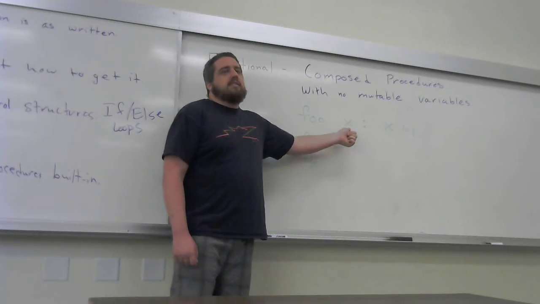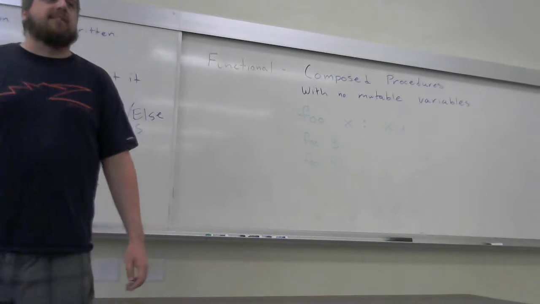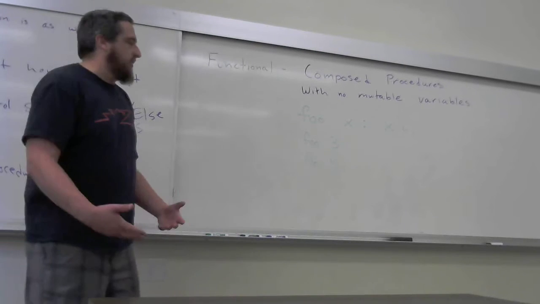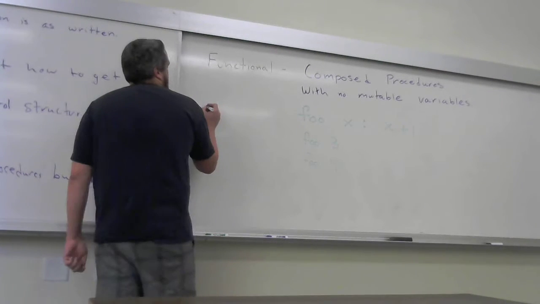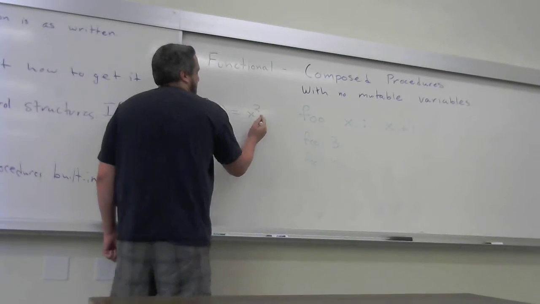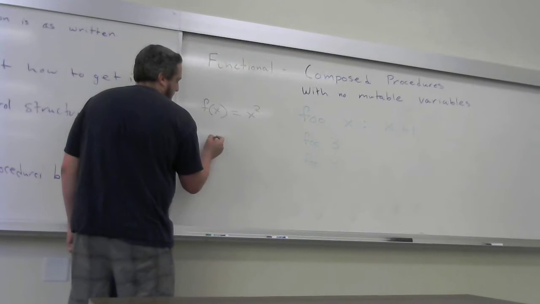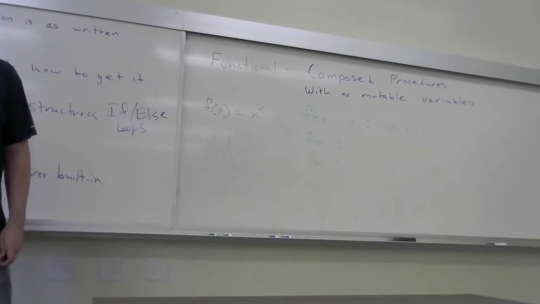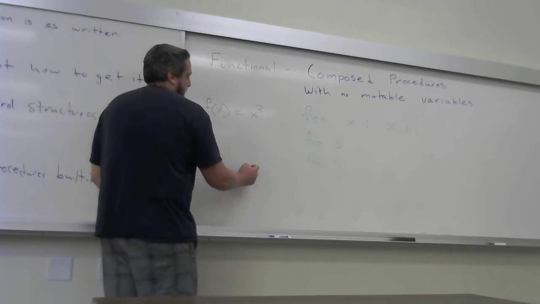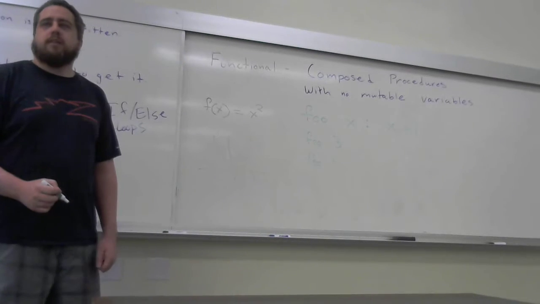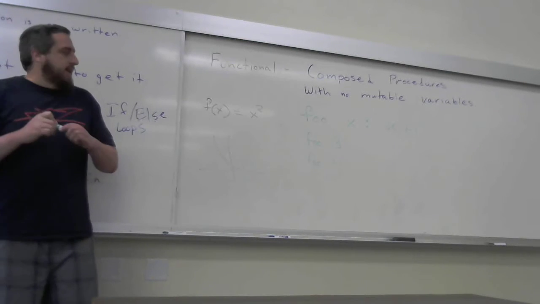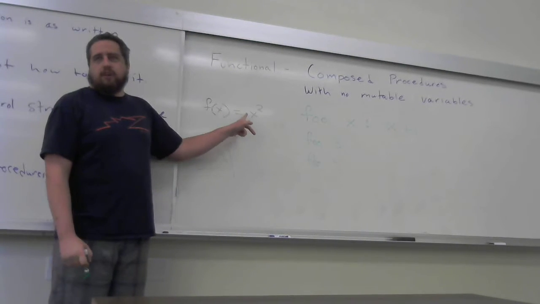When we say foo of 3 here, this variable x is like a mathematical variable, which means that it becomes bound when called. When you're talking about x and y in math, and you talk about functions like f of x equals x squared, and you think about drawing the graph, and there's this parabola that goes like that, that's the kind of x that we're talking about. When we say, what is the value at x equals 1? Y equals 1. What is the value at x equals 2? Y equals 4, right? When x equals 2, y equals 4, the function equals 4,